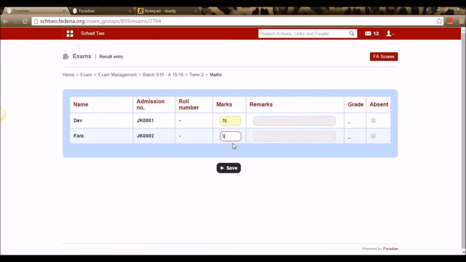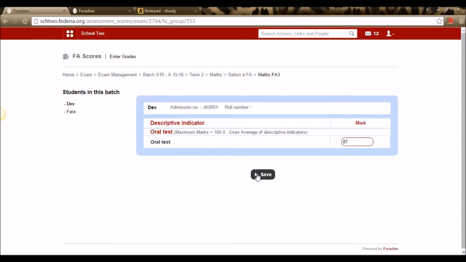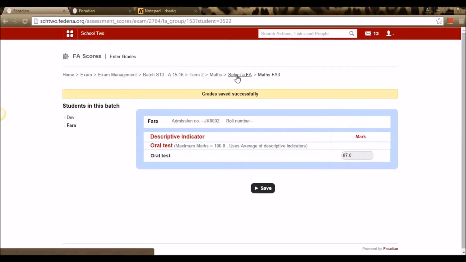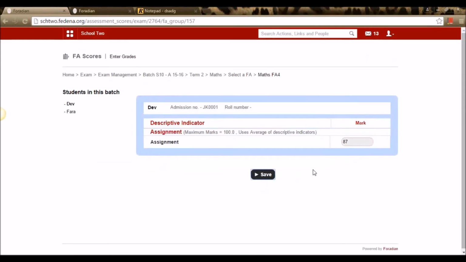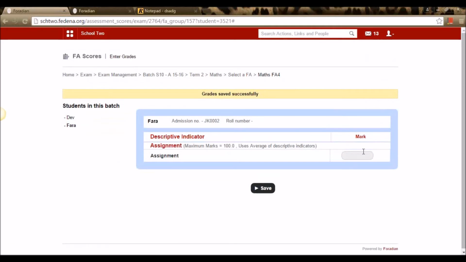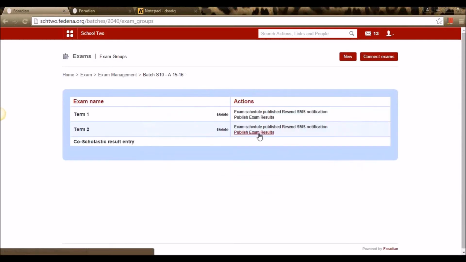We have the option of even entering the remarks and marking absent student here. The indicators that we create get displayed in detail here.